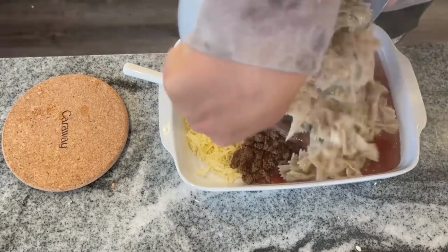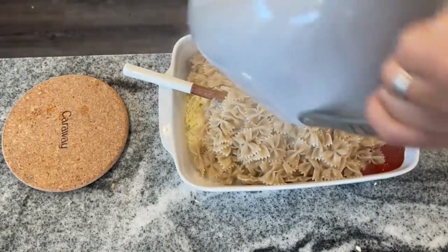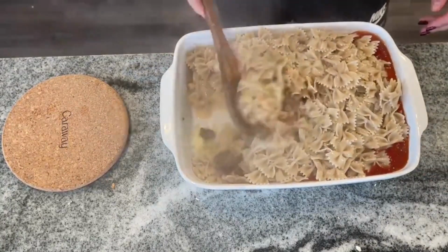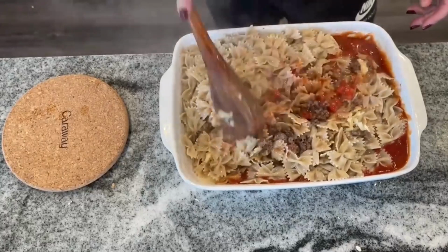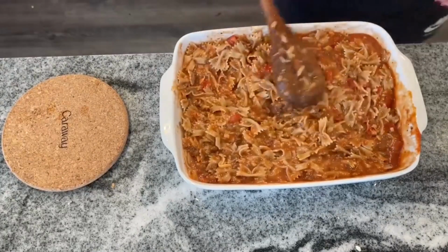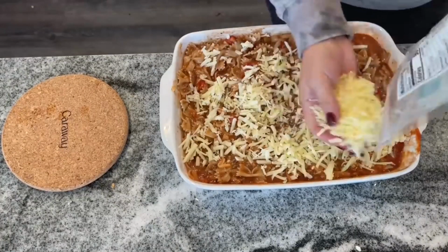And then you just mix in your pasta right into that casserole dish. This made a full 9 by 13. It was a little bit full to mix, but I still didn't want to use an extra bowl. I still felt good about the fact that I was just using 1 casserole dish and making it easy on myself. And then you want to top this with about another cup of mozzarella and cheddar and cover it in